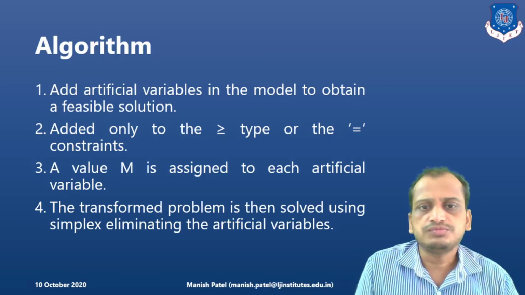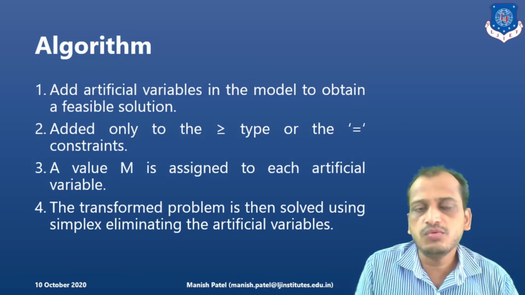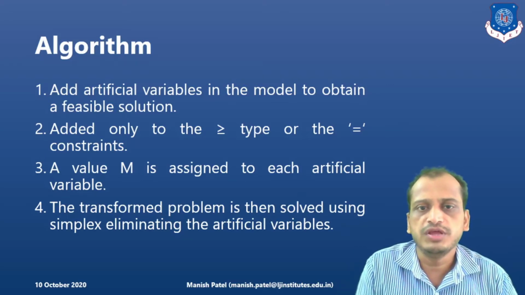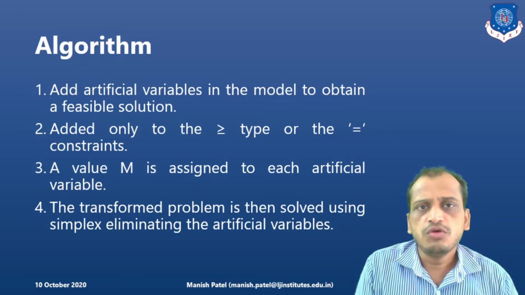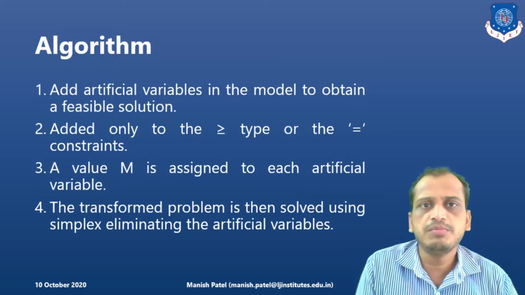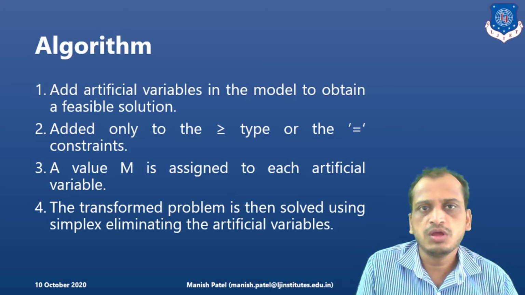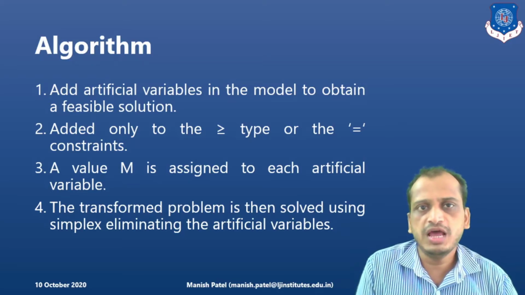Next, you can also employ it in equal constraints. Here, the constraints of equal to signs can also be added with the artificial variables. In the objective function, we also assign this artificial variable with minus M sign, where M stands for big positive number. And obviously, if we introduce minus M, then it has literally negligible contribution into the objective function. And the rest of the steps are the same as the simplex method algorithm. It means that whatever the balance equations we have formed, by converting them into standard form, we can easily solve the problem with the help of simplex algorithm.